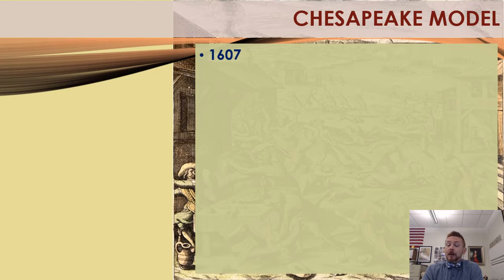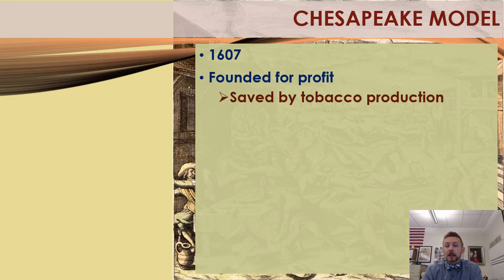In 1607, based on some earlier explorations, the English settled in Jamestown, a swampy area of Virginia, hot and sweaty, and they were searching for money, profit. And they spent a lot of their time at the beginning looking to make that profit, hoping to just find gold randomly scattered on the ground. Quickly discovered that that was not going to work,